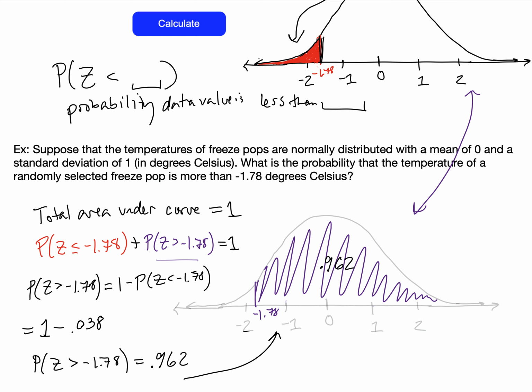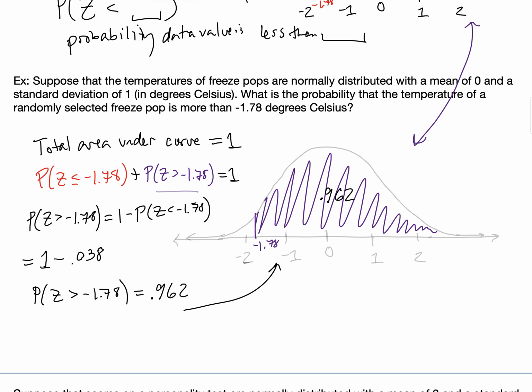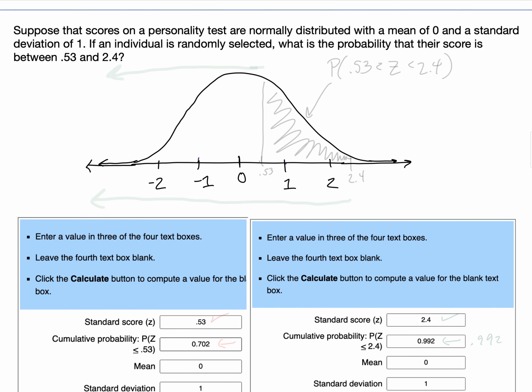All right, let's look at another example. Suppose that scores on a personality test are normally distributed with a mean of 0 and a standard deviation of 1. Again, a standard normal distribution. If an individual is randomly selected, what is the probability that their score is between 0.53 and 0.24? So now I'm looking for the probability that the score is between 0.53